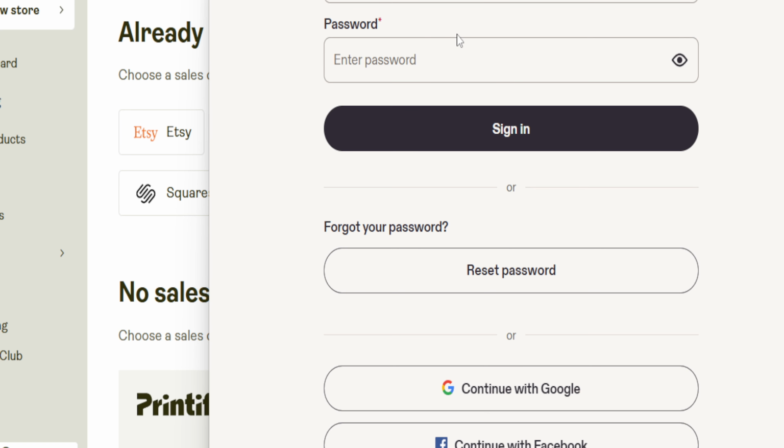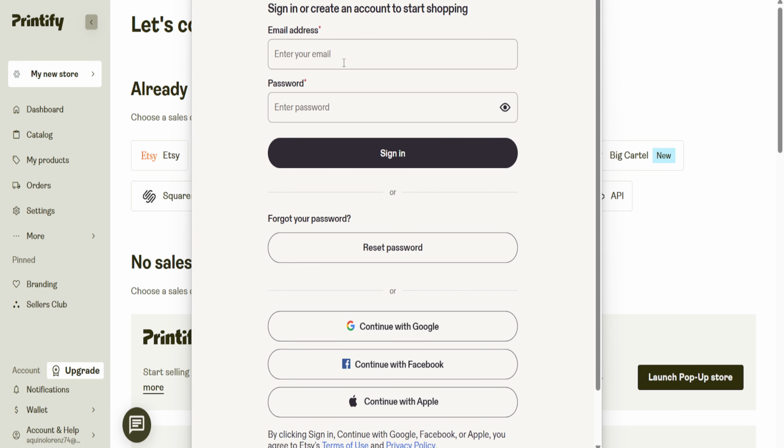Now click Continue. You'll be prompted to provide your Etsy shop account details and authorize the connection. Follow the Etsy sign-in and permission prompts on screen, making sure you log in to the Etsy account that owns the shop you want to connect. Once the authorization is complete, your Etsy shop will be linked to Printify and ready for you to start creating